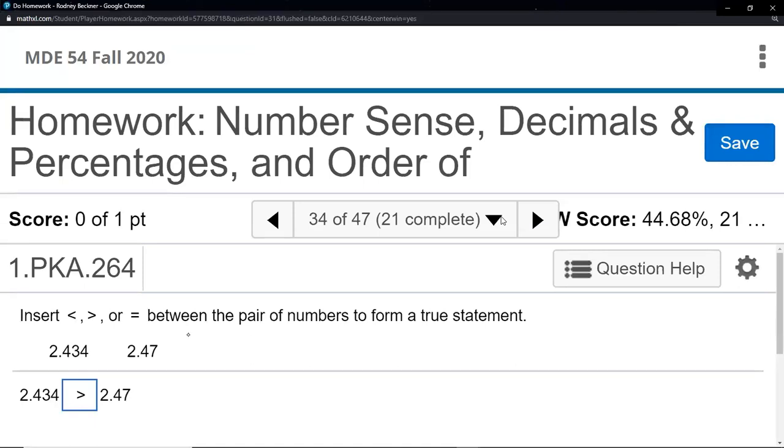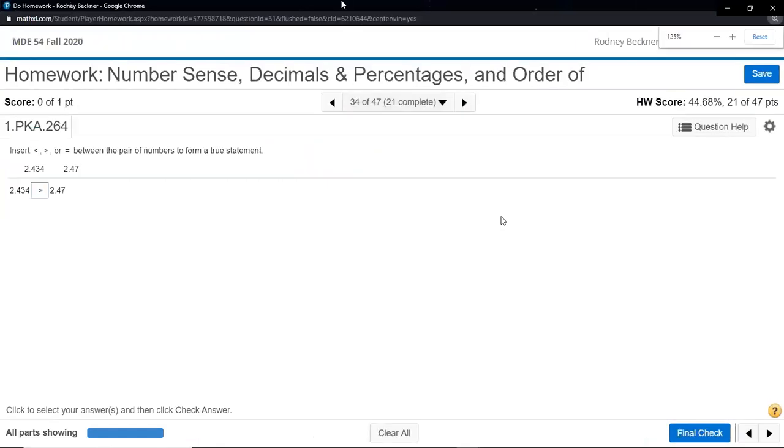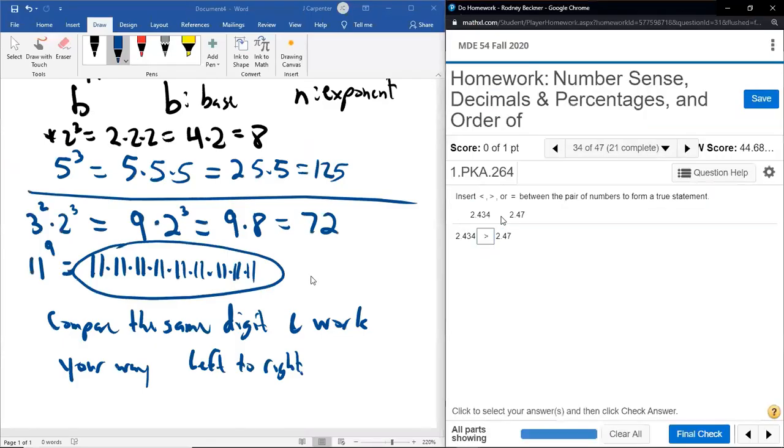So we should be doing this one. I forgot I can't mark on pen right now. So that's our less than symbol. Classic way of remembering this, Cookie Monster wants to eat more cookies, so the mouth opens up to the bigger number. All right, let's pull the zoom back. Let's put that back on the side. And let's switch this to the less than symbol. Final check, so hopefully it's right.